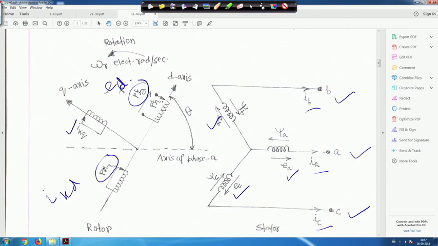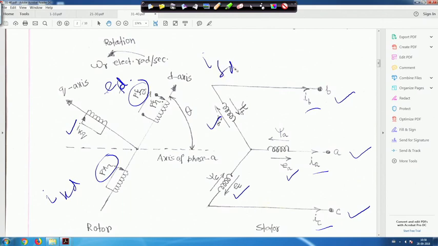K represents 0, 1, 2, 3. If there is no Emerson winding, then K is 0. Otherwise it is 1, 2, 3 like this. But hardly will you find more than 1 or 2 such Emerson windings. One will be along the D axis, another maybe along the Q axis, right? But for generalization, we will use the notation K. So IKD and IKQ, and the field current here is IFD, right?